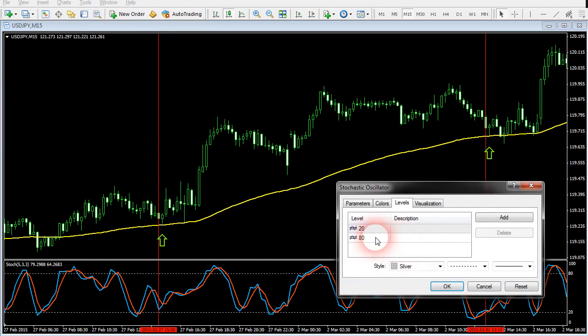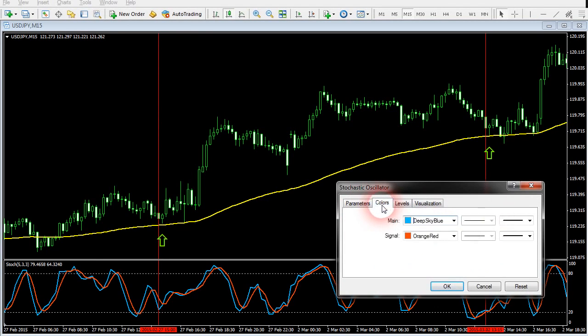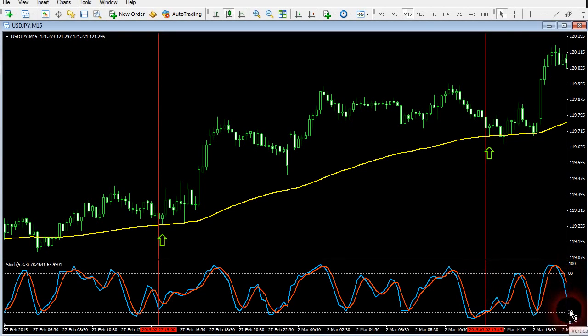There it is. Keep the standard settings. You can set the levels 20, 80. These are the levels here. Overbought and oversold. So the first thing we're gonna do is to go to the M15 time frame and look